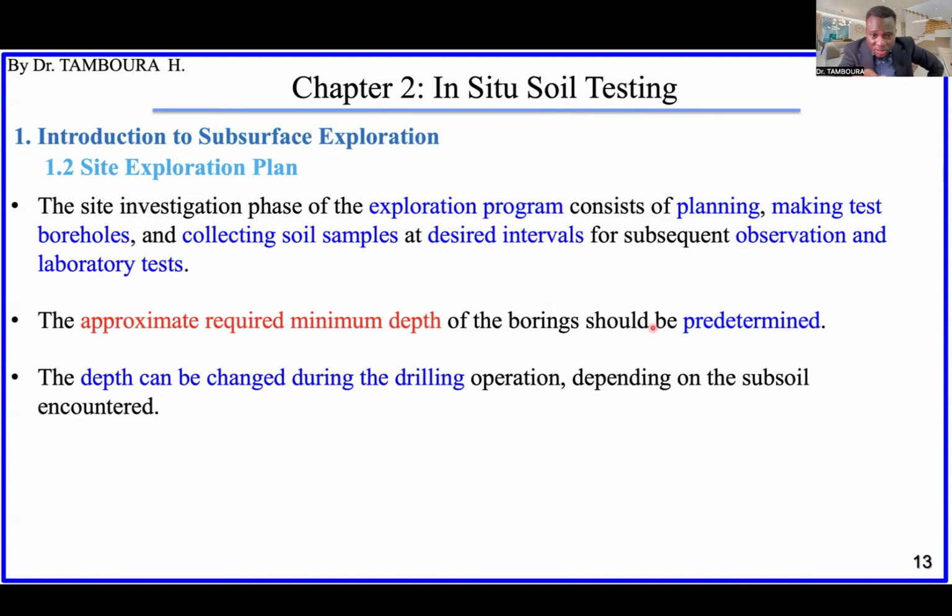Okay, you will see soon enough, depending on the type of building and the size of building, there are numbers of boreholes and the depth of boring